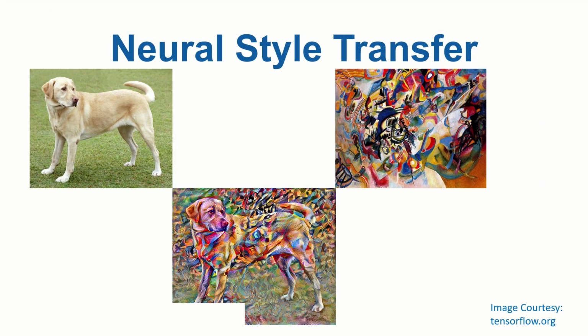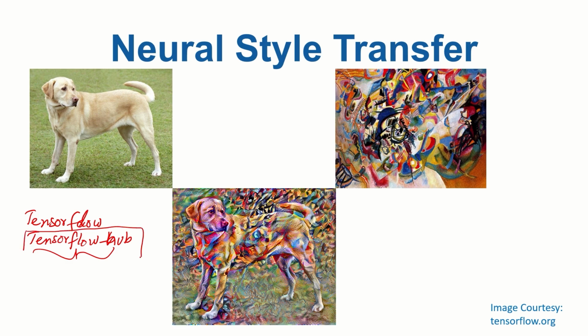Okay, in this video, we are going to use TensorFlow and TensorFlow Hub to use a pre-trained model and quickly transfer the style onto the content. I have already shown you how to work with TensorFlow Hub in transfer learning. In this module, we are again using that, and I'll not be going into the details of training the network. Rather, I'll be using a pre-trained network to do that.